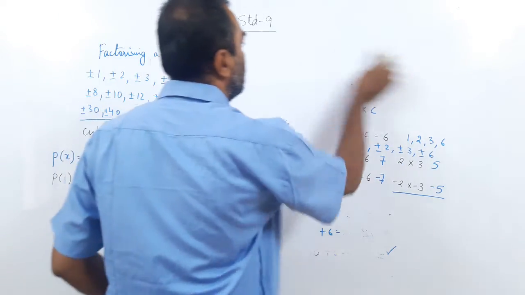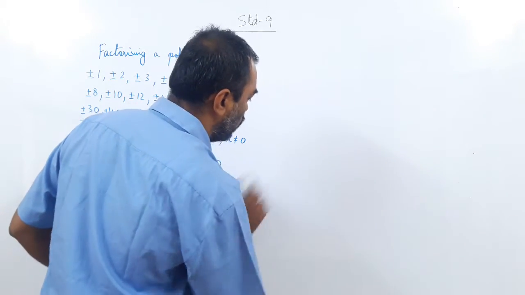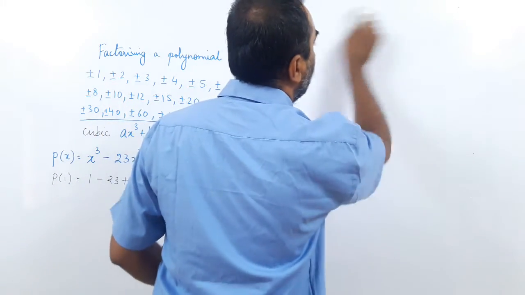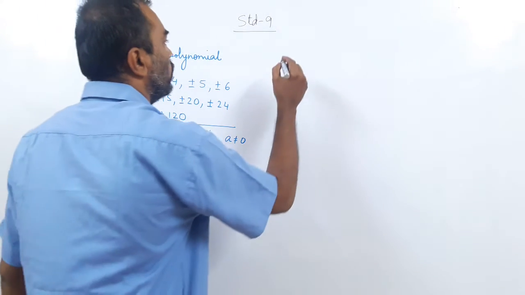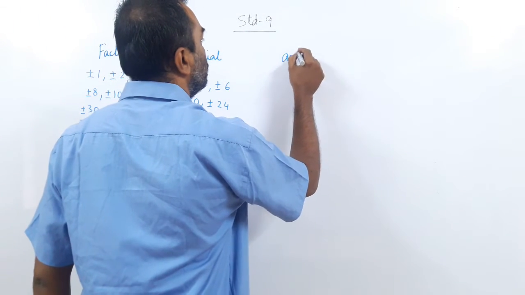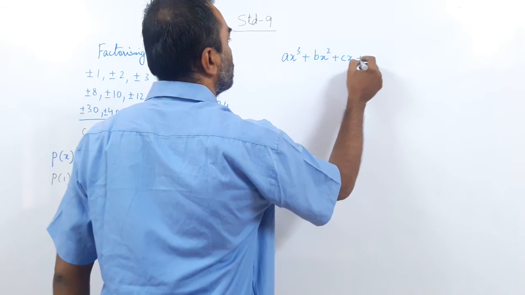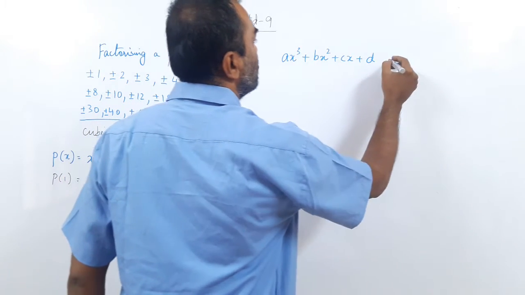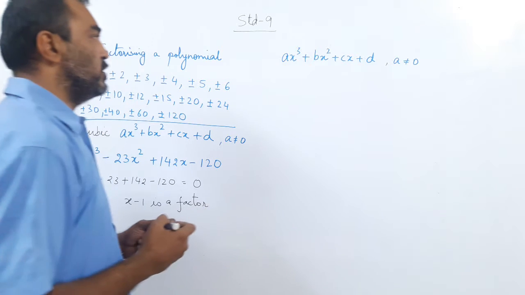So now try to understand this in total detail. Quadratic polynomial you learned fully by splitting the middle term, but I told you the method I used going to a cubic. So this time we are dealing with a cubic polynomial. What is a cubic polynomial? Ax cube plus bx square plus cx plus d. I am writing here plus, but it can be a plus or minus. Okay, the value of b may change. A is not equal to 0. A, b, c, d are constants.